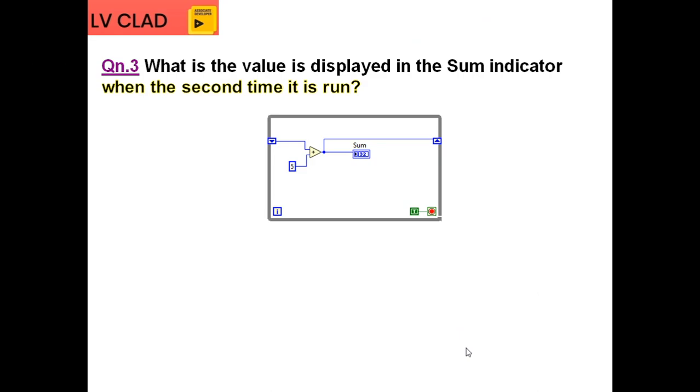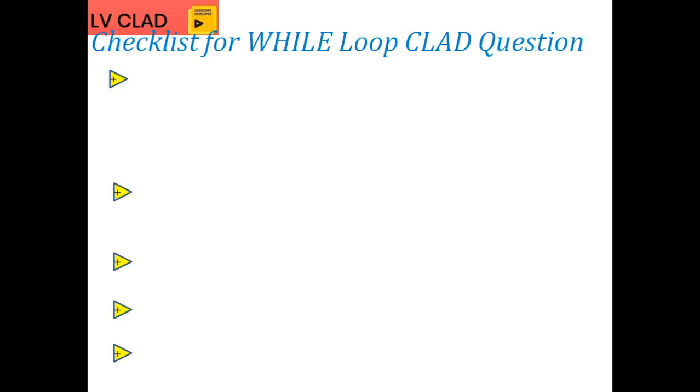So as per the question, if the loop or the code is running more than once, what will happen? The first time we got 0 plus 5, 5. But they are saying the second time. So 5 will be passed here and another 5 will be present in the code. So 5 plus 5 will become 10. So the answer is 10 for this case.